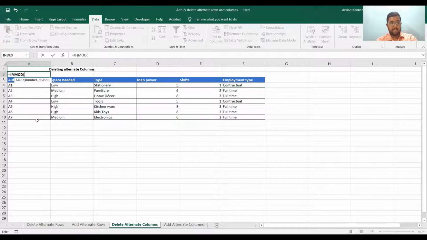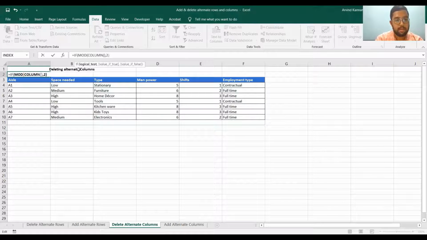I say COL and then press tab to open bracket. And the reference happens to be the same column in which we are, which is the first column. I'll say comma. The divisor would be 2, close bracket, and say equals to 0,